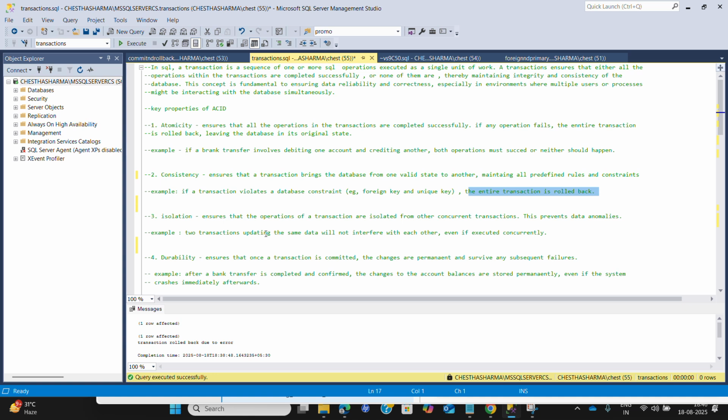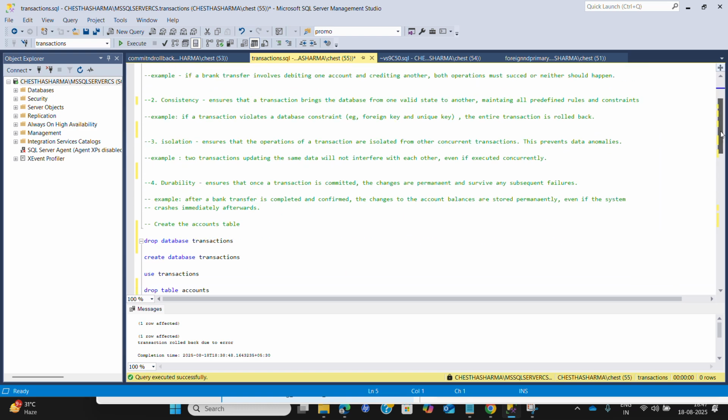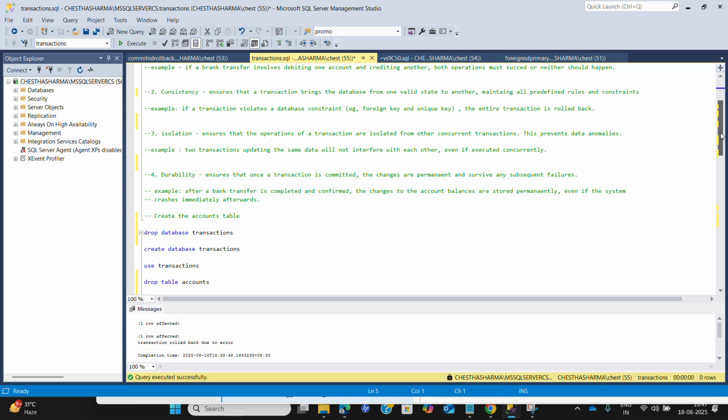For isolation, it ensures that the operations of a transaction are isolated from other concurrent transactions, and this prevents data anomalies. For example, two transactions updating the same data set will not interfere with each other even if executed concurrently. The simplest example is on the MakeMyTrip site: only two tickets are left, and two people are booking simultaneously.